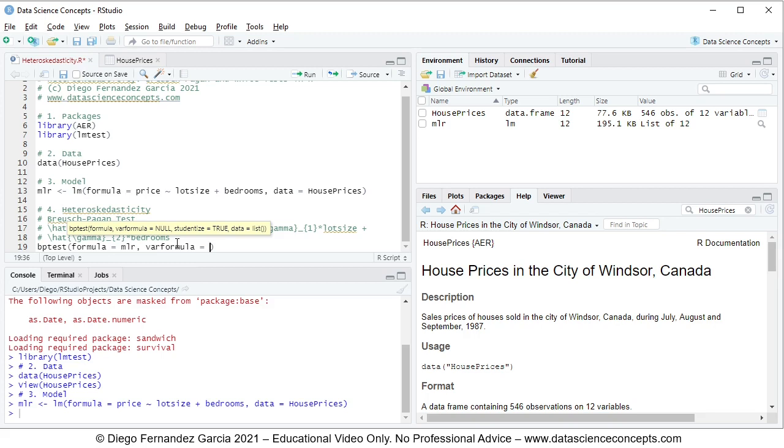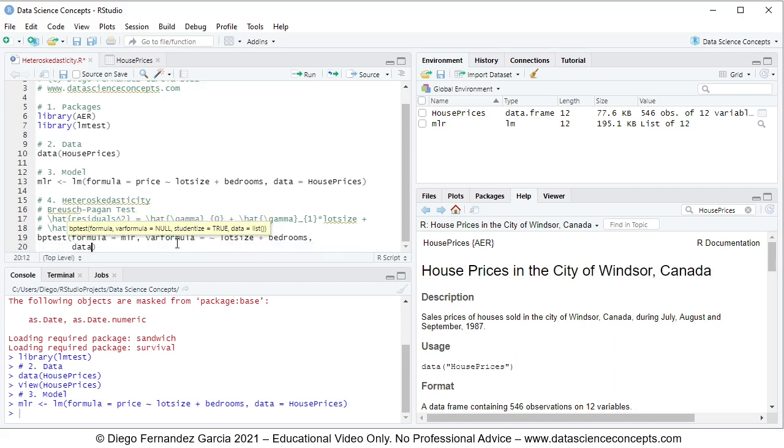Therefore, we begin with the special character ~ explained by lot size plus bedrooms, comma, and we press enter on the keyboard. Data equals the house prices object we created at the beginning. This test is going to perform a chi-square test with the joint null hypothesis that the independent variables' coefficients are equal to 0. So let's run these two code lines by selecting them and pressing Ctrl Enter on the keyboard,